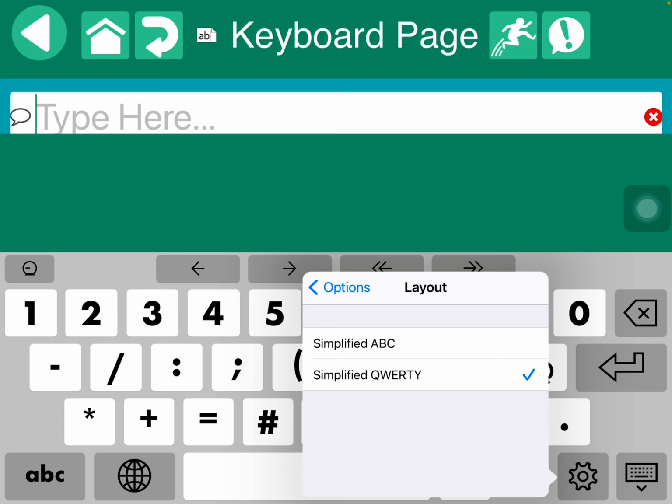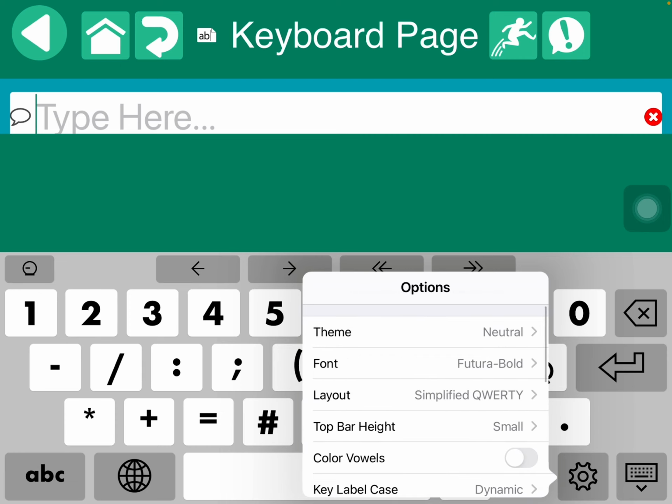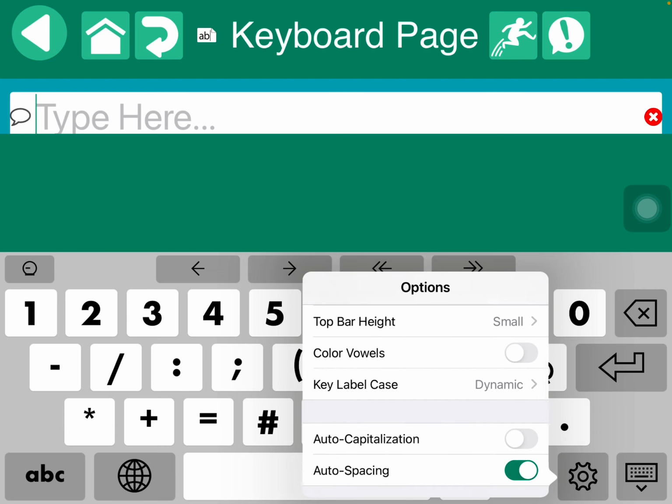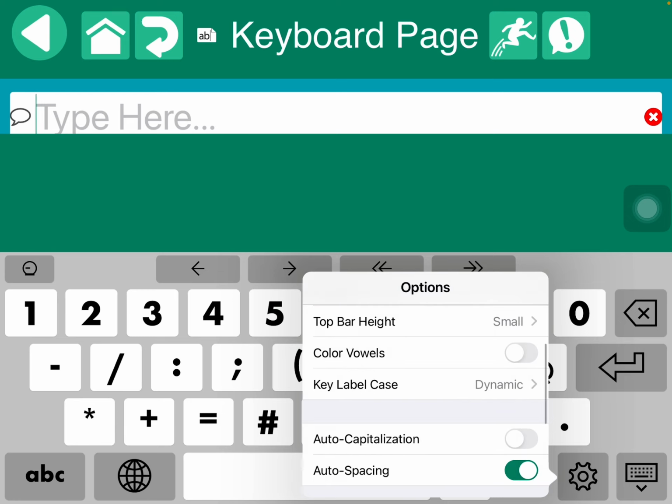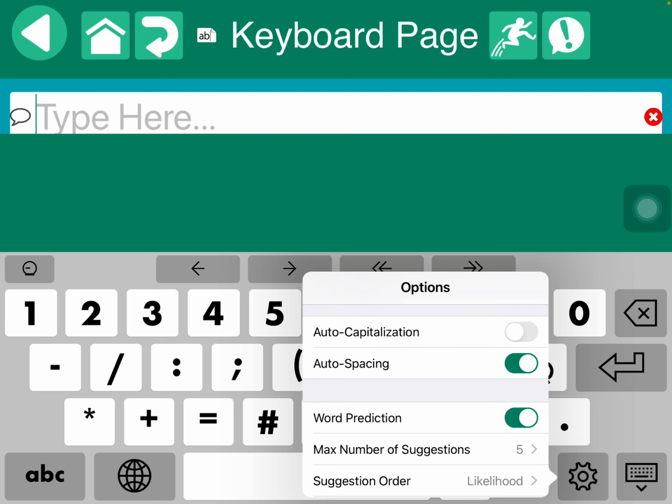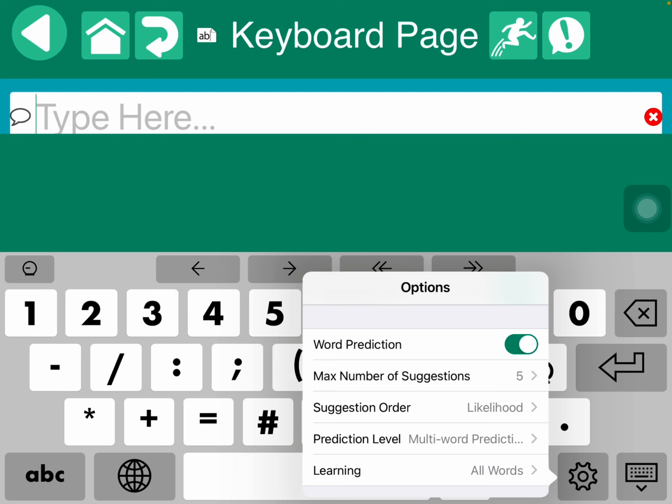You have an option between ABC or QWERTY. I usually almost always use QWERTY because that's what kids are going to be using later on. You need to leave it at the small bar height for it not to interfere with where you can see where you're typing. You can choose to have the vowels be colored or not. You can choose to have it be dynamic case or always capital letters. I toggled off auto capitalization. You can have auto spacing or not, word prediction or not, but I always have word prediction on if I'm